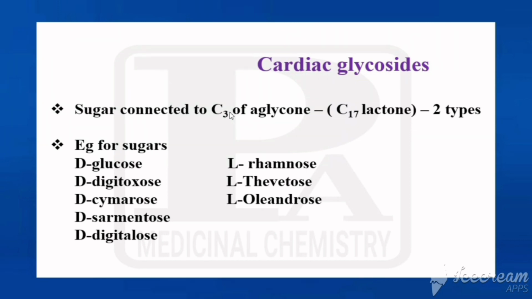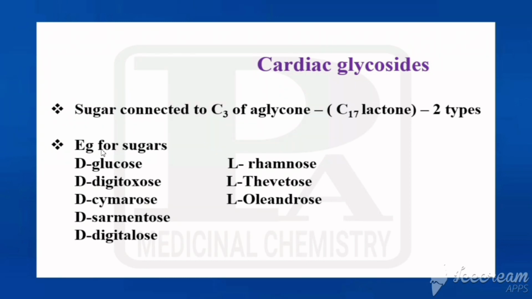How can it be represented? Simply by an oxygen, because for ether we have just an oxygen. Okay, so what is a glycoside? A glycoside has two parts. One is the glycone part, that is the sugar, and the other is the aglycone part, the non-sugar, and the two are connected by means of a glycosidic linkage or ether linkage. So what are cardiac glycosides? These are the glycosides used in the treatment of congestive heart failure.